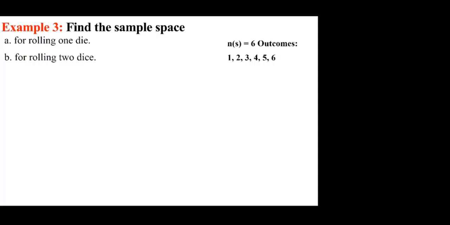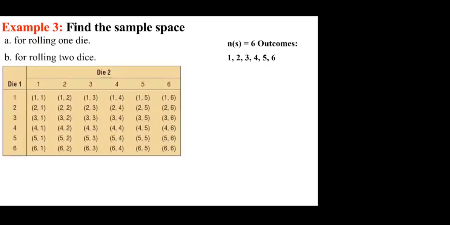Now, one easy way to put them together is using this table. See how it works. You go from 1 to 6 at the top row and the left column, and you put them together. You start with 1,1, 1,2, 3, 4, 5, 6. So that would be 1. And then you go all the way down in the same manner. Now you do it with number 2 and number 3, and eventually the last one would be 6,6. And so there are 6 squared, 36 outcomes.